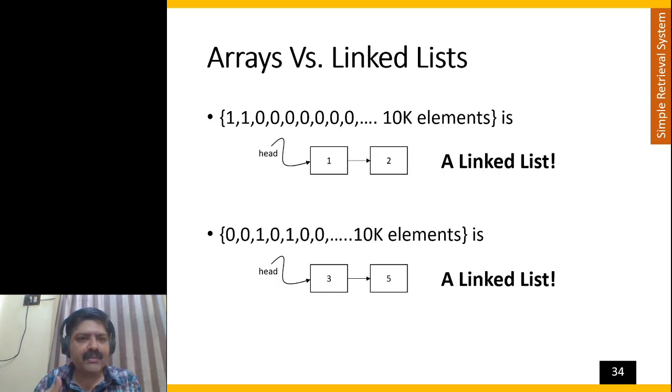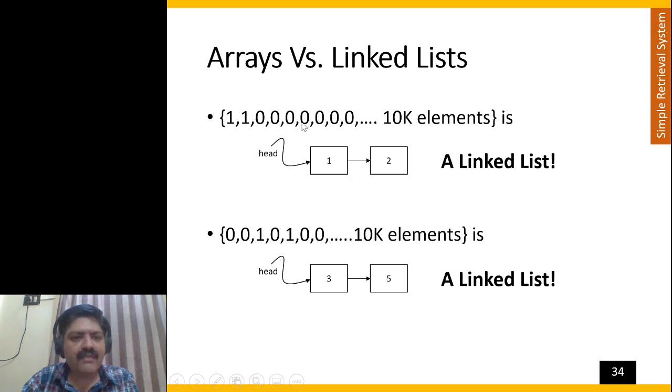Where can we improve, right? So here is a simple idea from the world of data structures. Those who have already taken a course on data structures would understand the difference between arrays and linked lists. So let's assume I have a vector with